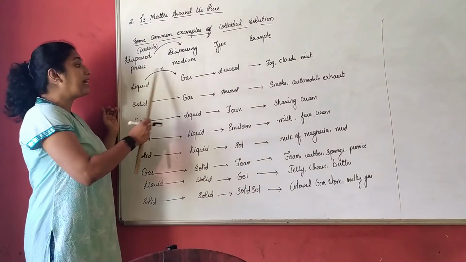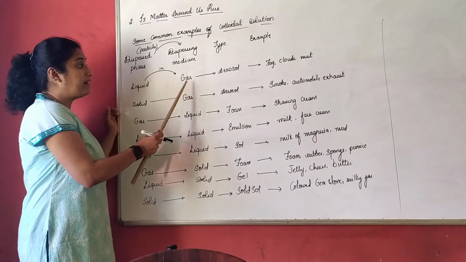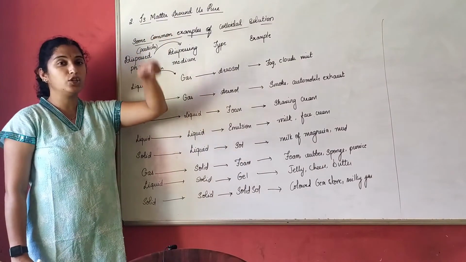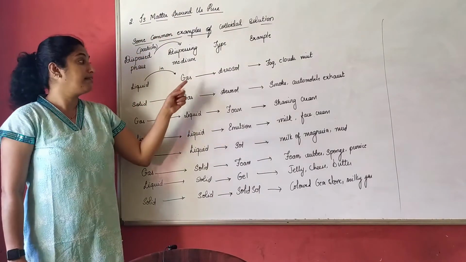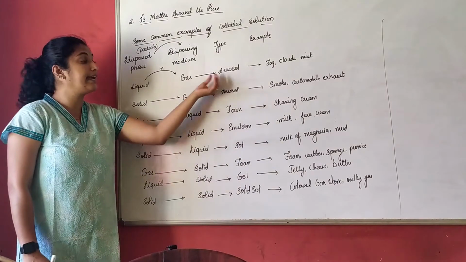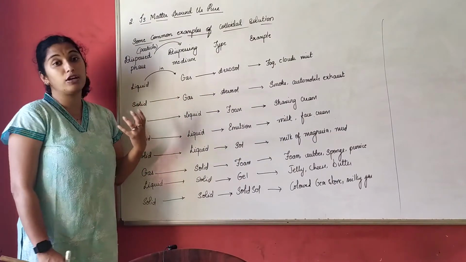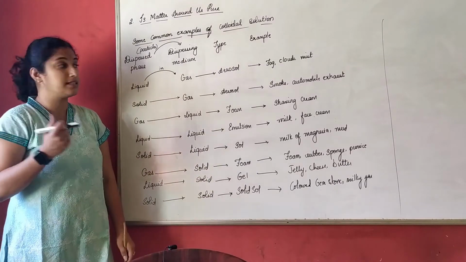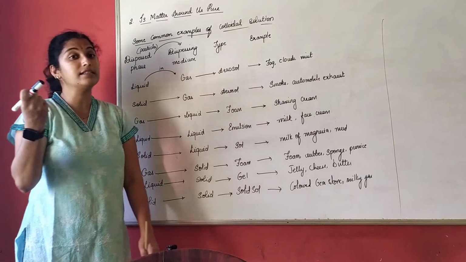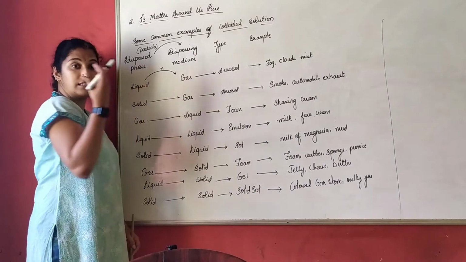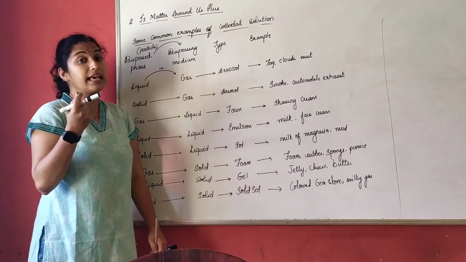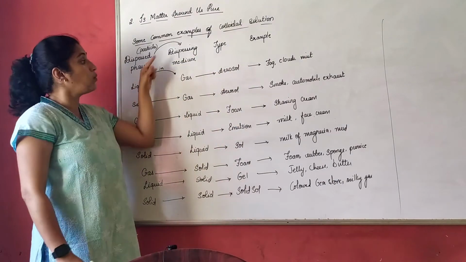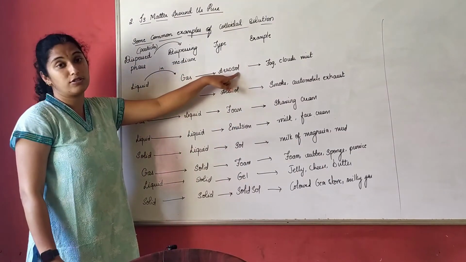First one, liquid in gas. Again I will tell here now, I have a gas, right? I am adding 2 spoons of liquid in it. That means what do I get? I get aerosol. So aerosol is something. Now air means what? Air means it is gases. Sol means what? It is solution. Liquid, solution, gas is air. So the combination of a liquid and gas, that is liquid in gas, we get aerosol.